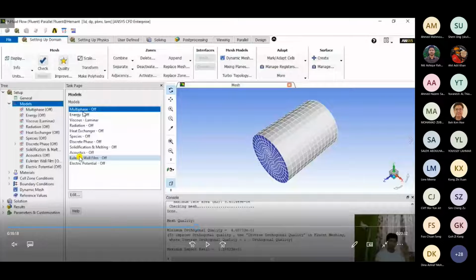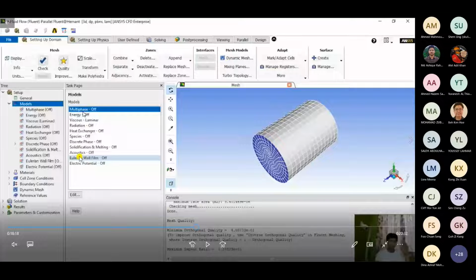cavitation in a pump. In that case, you would have two phases involved. One is the vapor phase and one is the liquid phase of the same fluid, right? In your pump, there is a phenomenon occurring due to lower vapor pressure. If your pressure falls below your vapor pressure, in that case, your liquid, your water, will change its phase to vapor. And in that case, you would use multi-phase to track that. You'd basically identify if cavitation is occurring or not. So on similar cases, you'd use multi-phase.